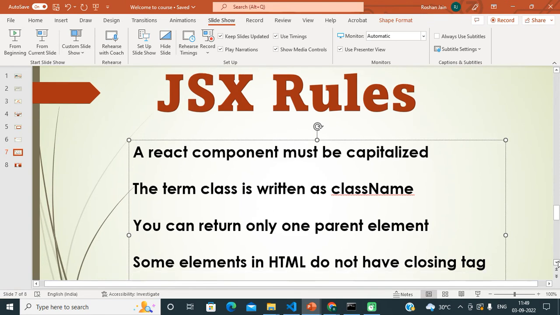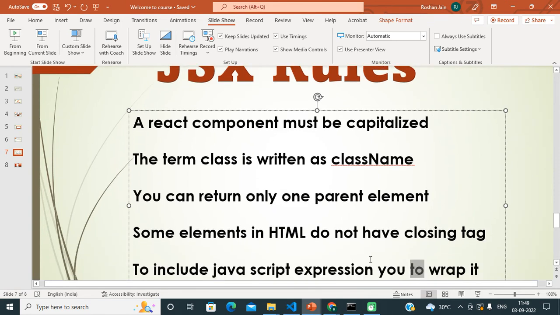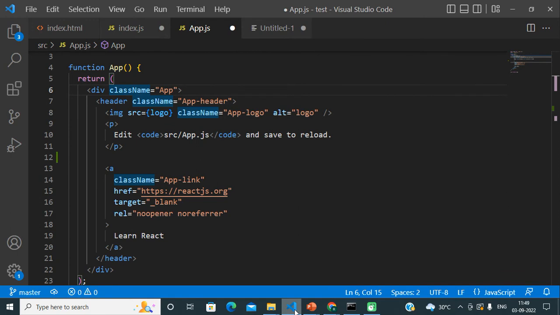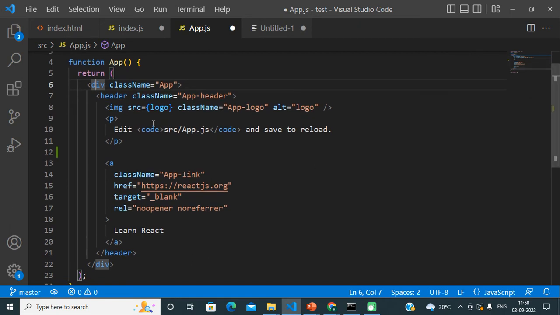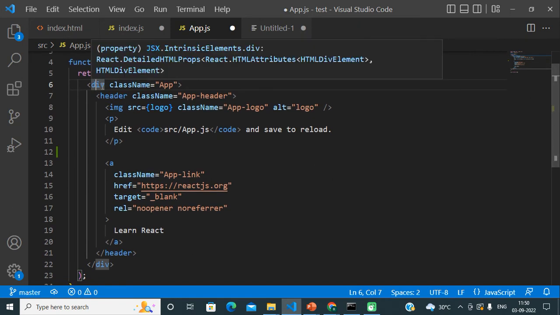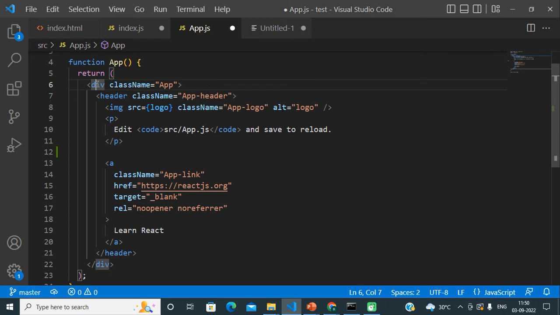After that friends, third rule, you can return only one parent. This is one of the important rules. So basically what it is trying to say, whenever we are going to return HTML, meaning JSX, from our component, in JSX we can't return 2 adjacent elements or 3 adjacent elements.